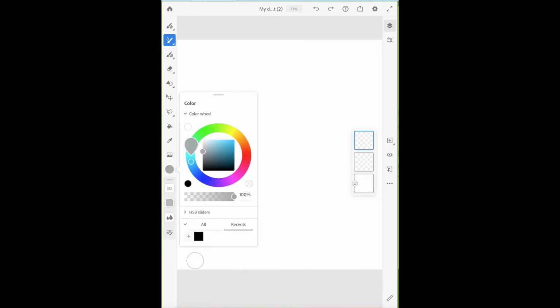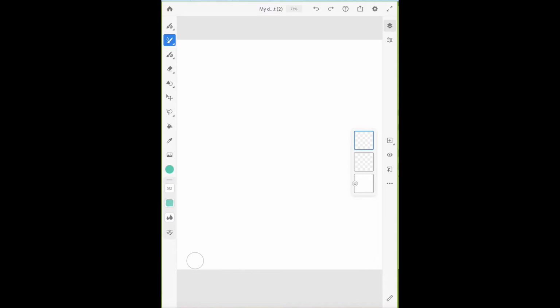take the outside ring and change it, and then let's see, we'll go for kind of that color. Right below here, this is the size of the brush. I can adjust the size. This is the opacity. And this is the flow, water flow. How much water flow do I want? So if I want a lot of water flow,